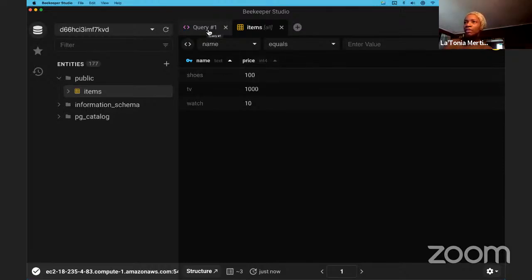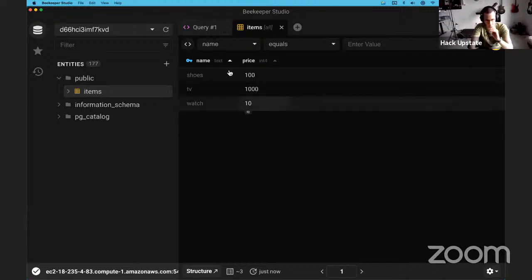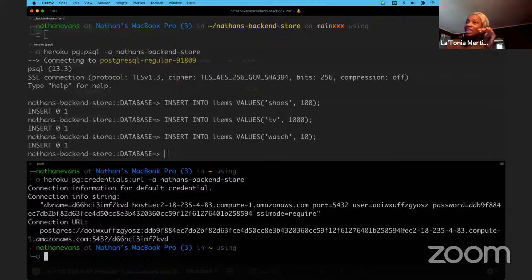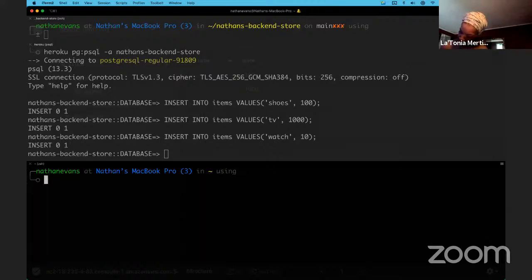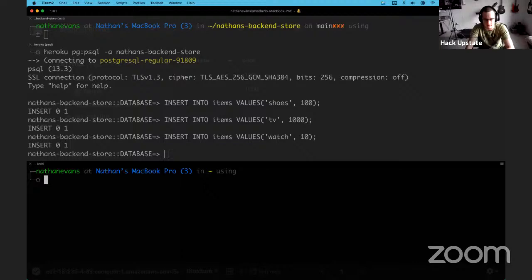This is Latonia. I don't have a specific question, but when you get a chance, can you just run through the steps again? Just to, yeah, clean it up. Absolutely. Okay. Yeah, absolutely. So if you really want to use Beekeeper in order to access your Heroku database, the